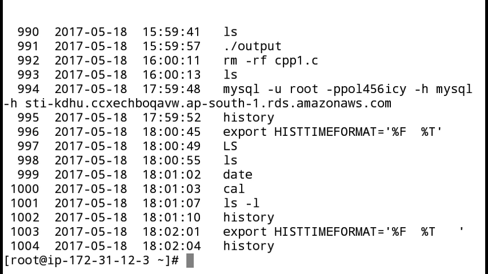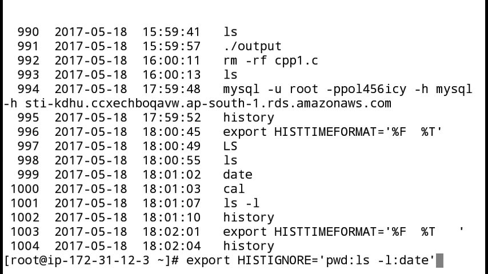Again, if you don't want to keep a record of some commands, if you have to ignore some command records, then we have a command: export, using caps lock, HISTIGNORE, then equal to, use a single quotation and put the commands whose history you want to ignore, that is ls -l, put a colon between them, date,